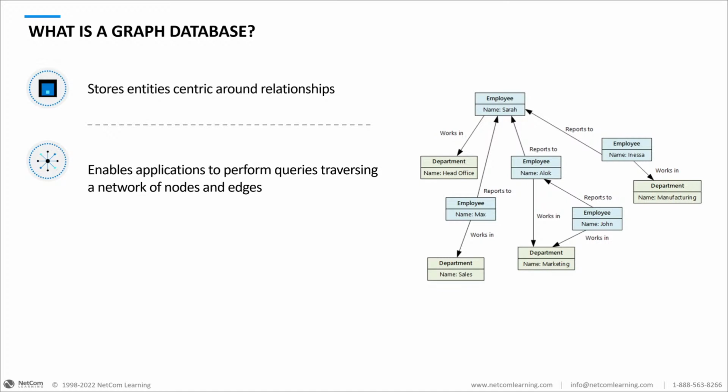Easy updates to single or many objects. So here we've got information that is stored in a number of different places, but we want to be able to make the updates to those pieces of information as quickly and efficiently as possible. As an example, if Sarah is no longer going to be the manager of Alec and Anissa, then we need to be able to easily change the reports-to for those records, right?